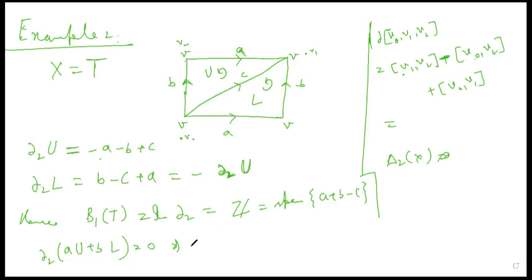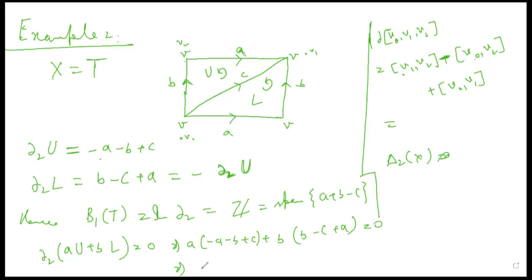So this is A times, u goes to minus a minus b plus c, plus b times, L goes to b minus c plus a, equals 0, which implies that